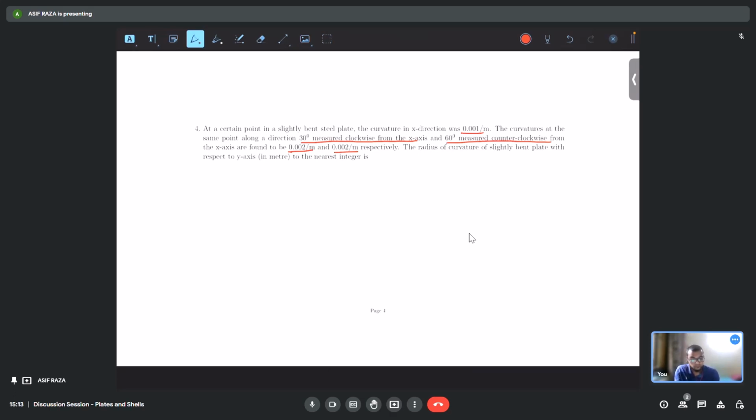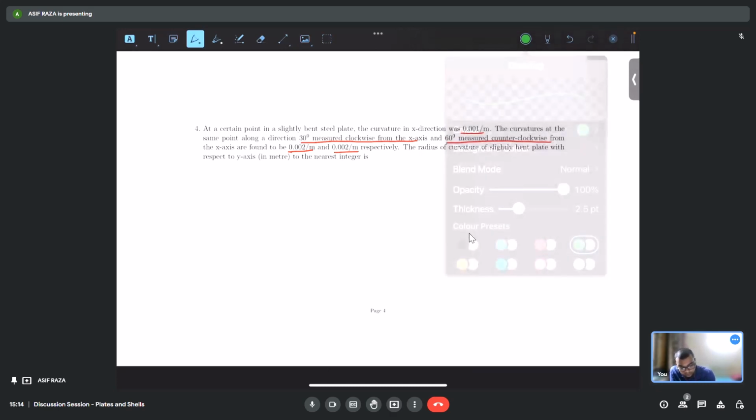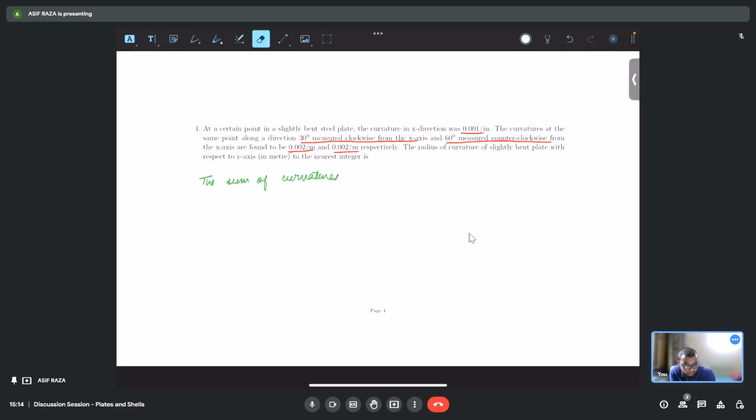So to solve this, we know one thing: the sum of curvatures in any two orthogonal directions is constant. We need to say,